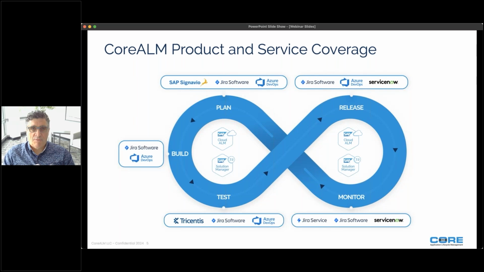Release management, of course, the transport management within SAP and tying that together with an overall change management process, and then monitoring, which is the topic for today. For those areas, we have services that take into account many different tools that are out there. We've already mentioned Jira, ServiceNow, Azure DevOps, but we also provide services related to Signavio and Tricentis for testing, and other tools as well. So we cover all aspects, tying those together with the best practices from SAP, including Solution